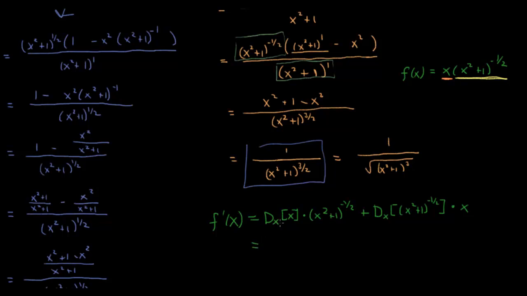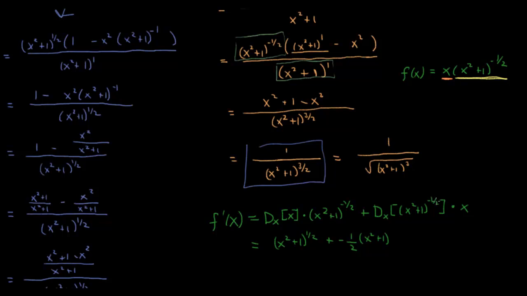Well, the first one's quite easy. The derivative of x is just 1. So this first term simplifies to x squared plus 1 to the 1/2 power. Okay? Now the second one is the more tricky one. Now we've already done this derivative. It's not so bad. But we have plus, okay, it's the chain rule now. So remember we have the outside function as x to the negative 1/2 power. So we have minus, we're taking the original power out in front. We then have evaluated at the inside function. Then we reduce this power by 1. So 1/2,